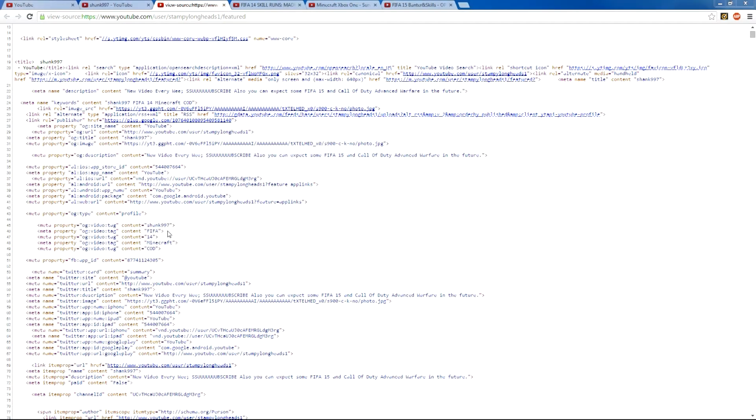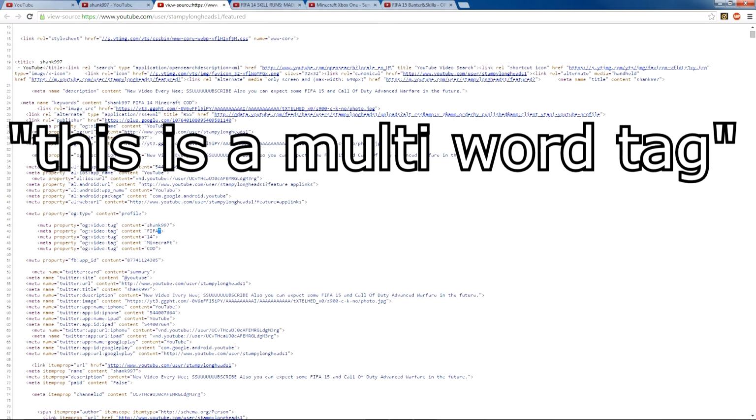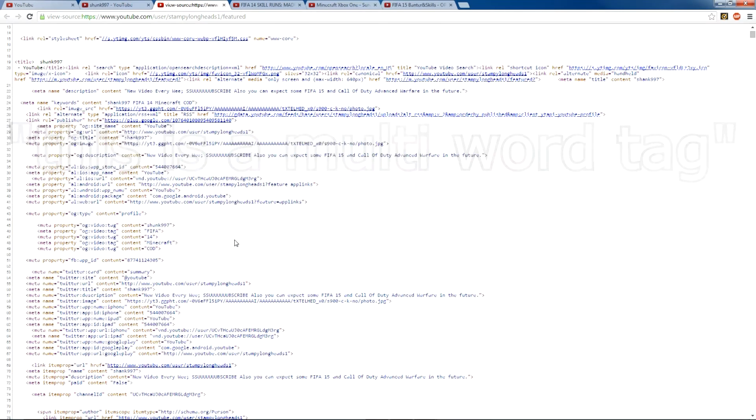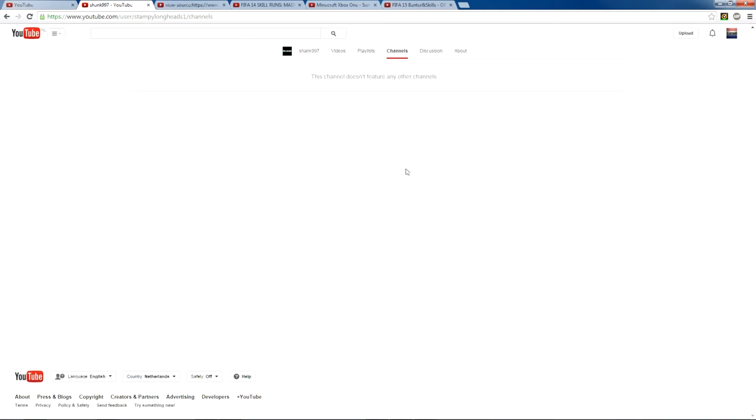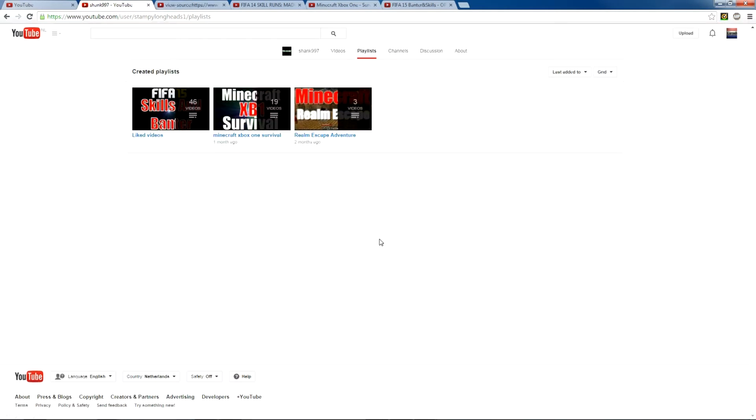And if you want to use multi-word tags, you have to do it as follows. You first have to type in a double quote, then you type in the tag with spaces, etc., and then you close it with a quote again. This way you can add multiple word tags, which is great and helps you really a lot in search in the long run. But it is time to see what content you create, so let's head over to the playlists